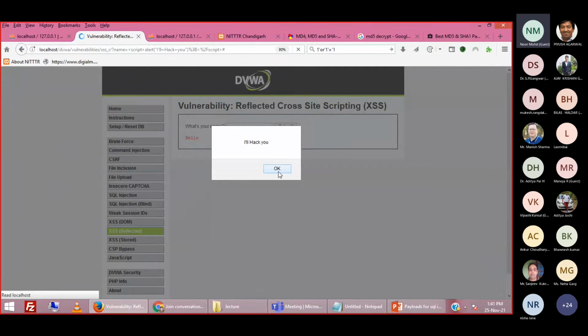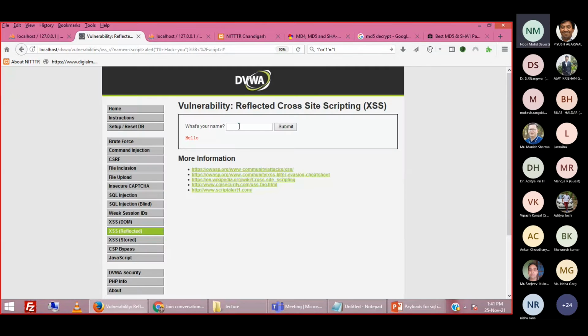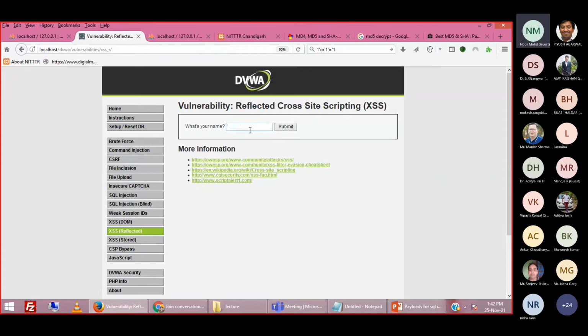So the developer of this website should have taken care of this XSS attack, and should not have allowed this type of script tag in this text box. It should warn the user that this type of dangerous character or script is not allowed. He should first check programmatically whether the user is entering plain text or a script. If the user is able to write any script here, it means your website is vulnerable.